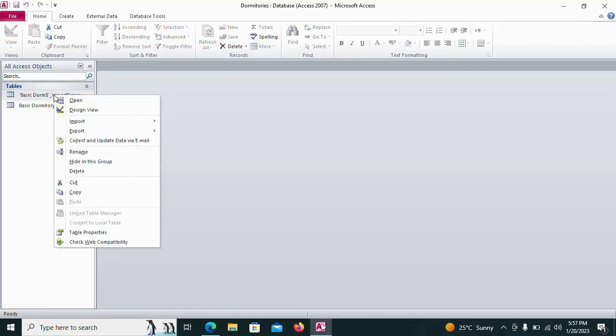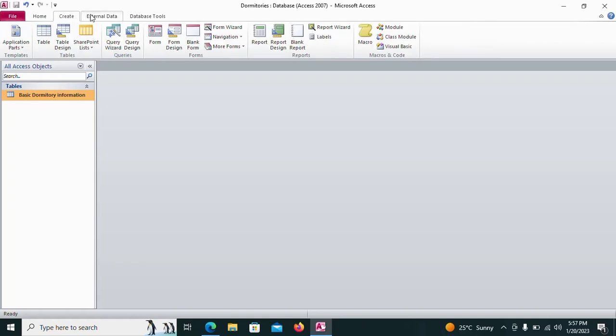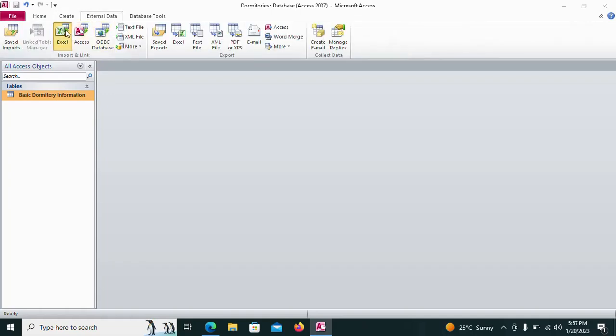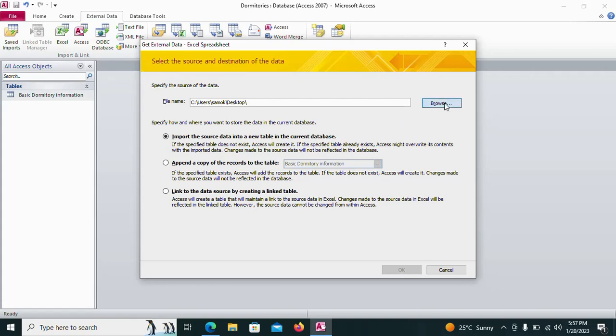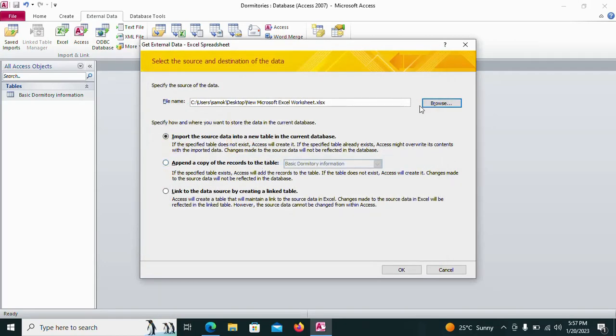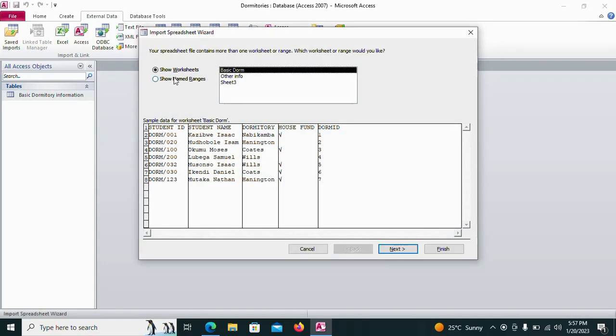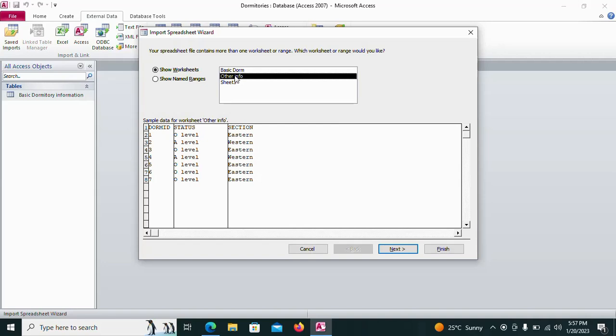This one here has nothing to do here. I don't want it there. Okay, now I'm creating the second table, of which I'm going to still import from this file here. Then okay, this time I'm importing other info. Then next,